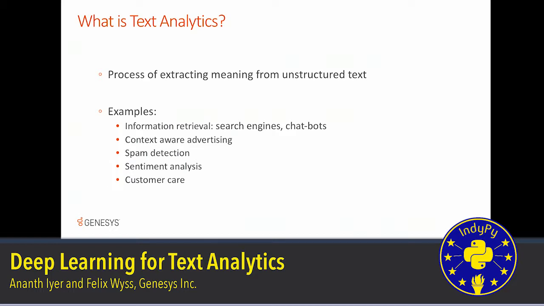So it commonly shows up in many of these applications. Some of the common things that you use on a daily basis are search engines. So you want to retrieve some information, or you're interacting with a machine or a bot. So you go and ask a question, and the bot is supposed to go look up all its resources, figure out what the best answer is, and then respond to you. It's also used in context-aware advertising. We had a lightning talk about that a little bit. And then spam detection. Just by looking at the content of an email, can we figure out whether it's spam